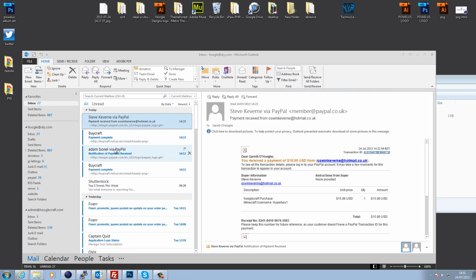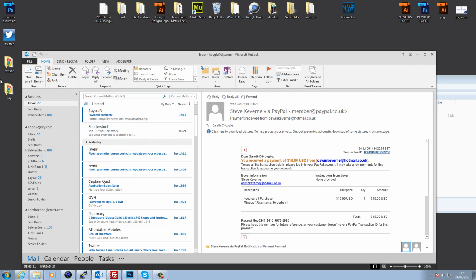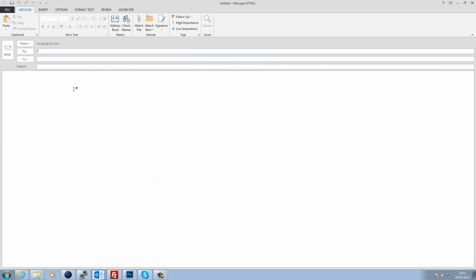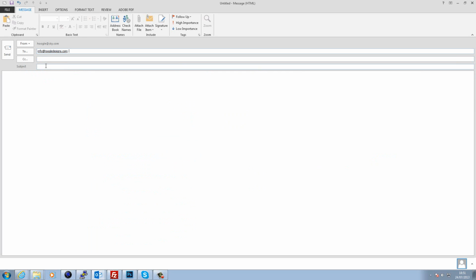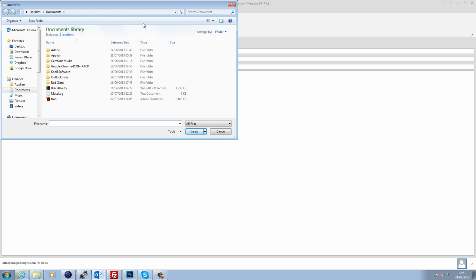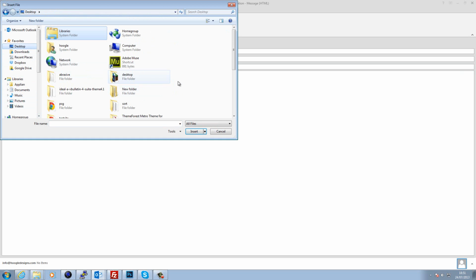Then you just go into your email, click compose, create a new email. For this case I'll just use my email address, and the subject can be e-card baby shower invitation, or whatever you want to call it. And when you get to the content, you just want to go to attach file. You're going to go to your desktop or wherever you saved that folder,